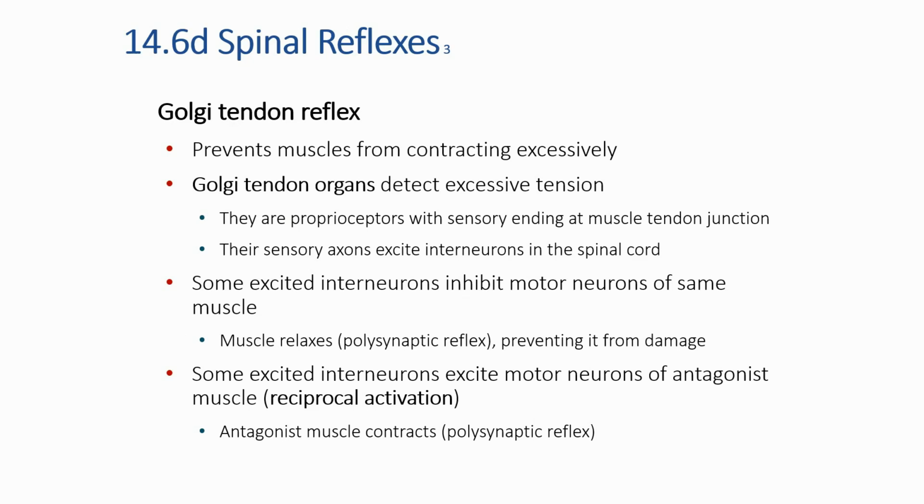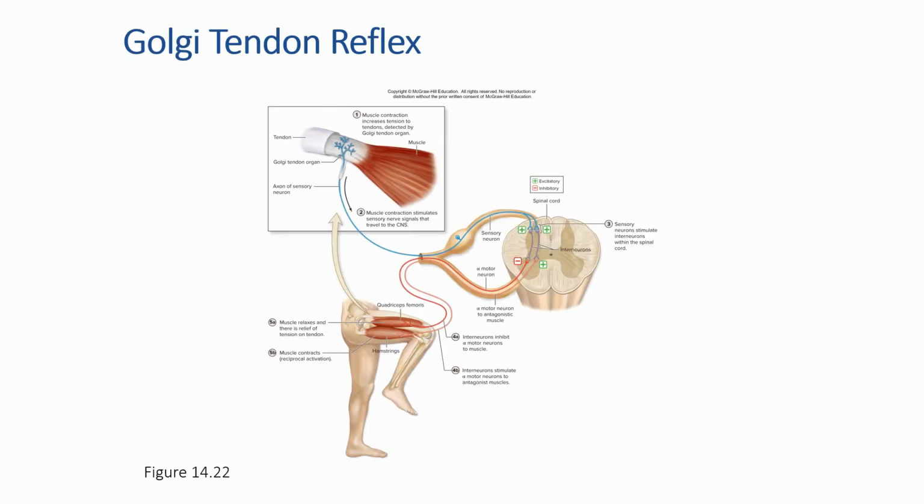Now, if you think about stretch reflexes for a moment, the stretch reflex is actually causing the muscle to contract. So this is doing the opposite. For example, here with our Golgi tendon reflex, we've got the hamstrings contracting, and as they do so, they're going to put a lot of tension on the quadriceps femoris. That's going to cause the GTOs to fire off in the quadriceps, and that's going to cause the quads to